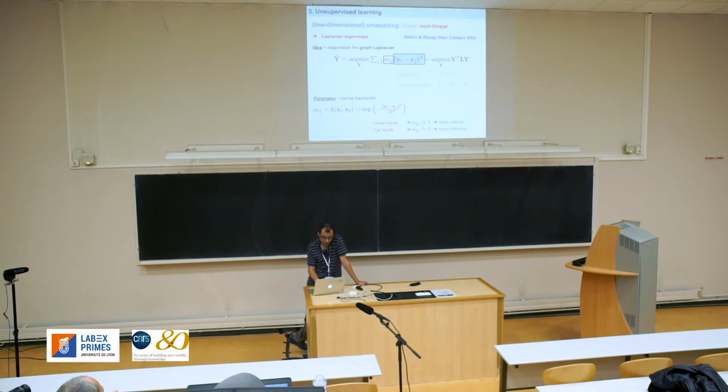And basically this coefficient is related to the closeness of the data in your input space. So you have a Gaussian kernel on your data. So if two samples are close in the input space, Wij equals 1, which means this term has a lot of influence in the minimization,